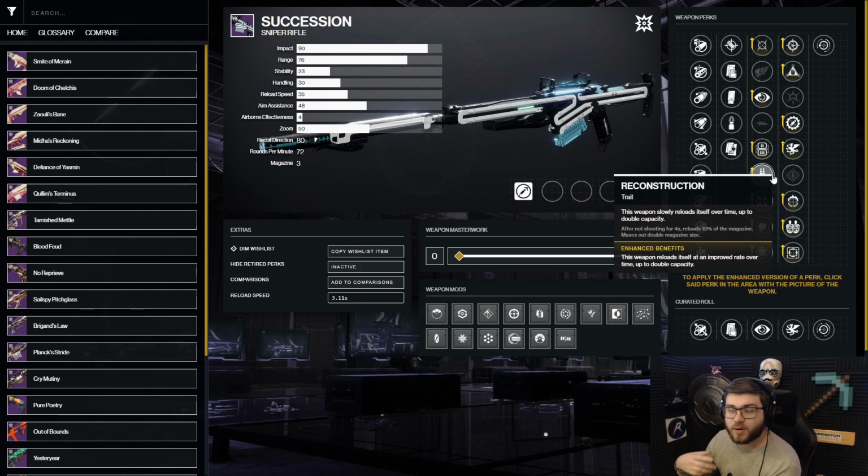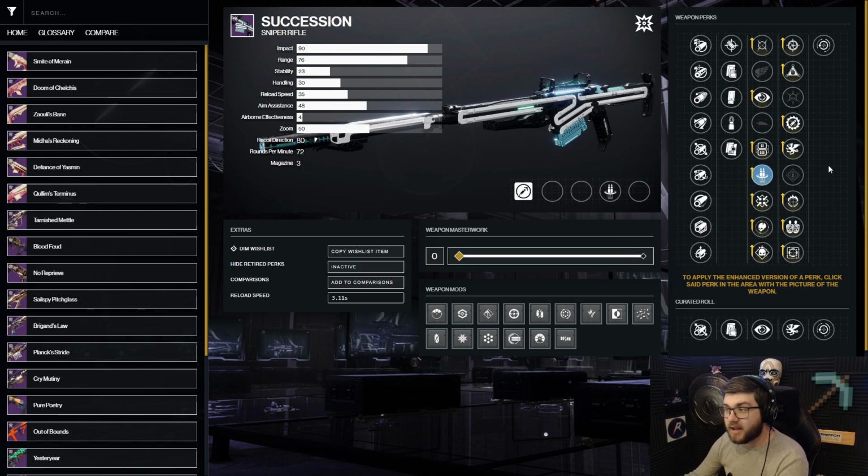Reconstruction is a no-brainer. This is pretty much what you're always going to want to take. It is extremely good for this weapon. You get so many shots in it, and you never have to reload the gun at all. Now in the second column, you do have things like Vorpal, which is probably going to be the go-to perk